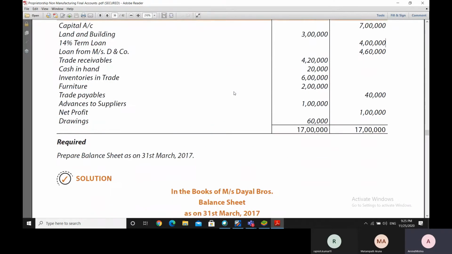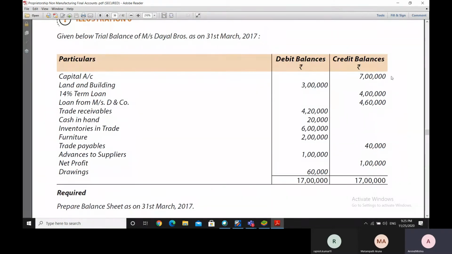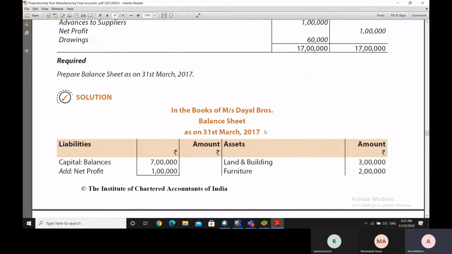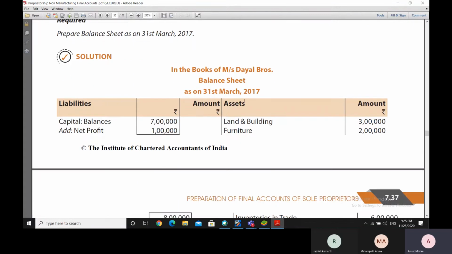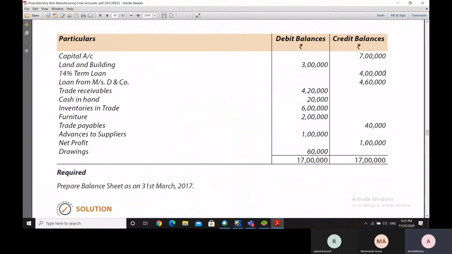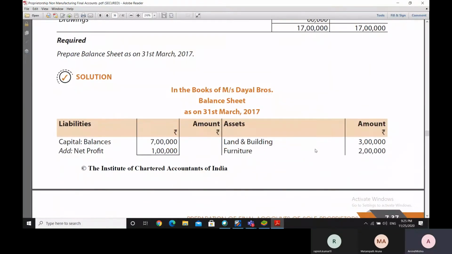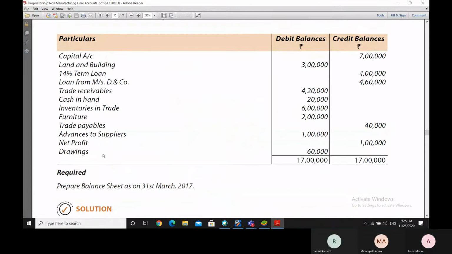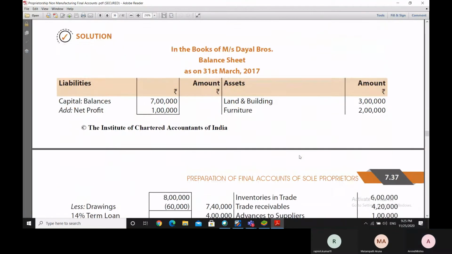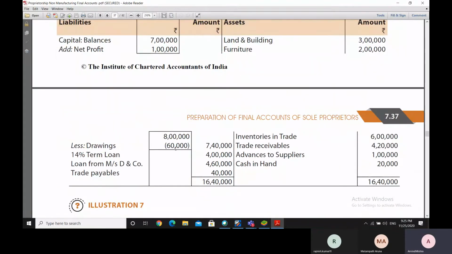So here we can see in the capital account there is a credit balance of 7 lakh rupees. So we add that into the capital account here in the balance sheet, and then to this the net profit has to be added, or if it is net loss, then that has to be subtracted. The net profit is given to us as a credit balance, which means that it is a profit. And in case there are some drawings, we have to reduce them from the capital account. So as you can see, the drawings of 60,000 rupees are being reduced here, and finally we get in the capital account 7,40,000 rupees balance,